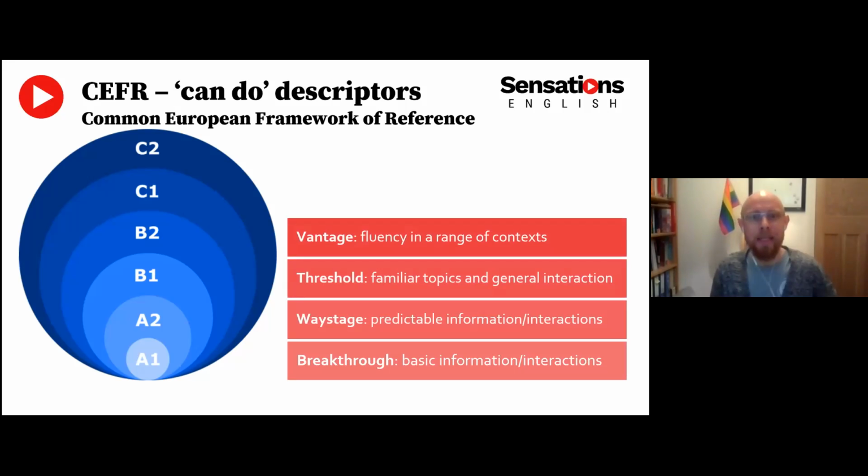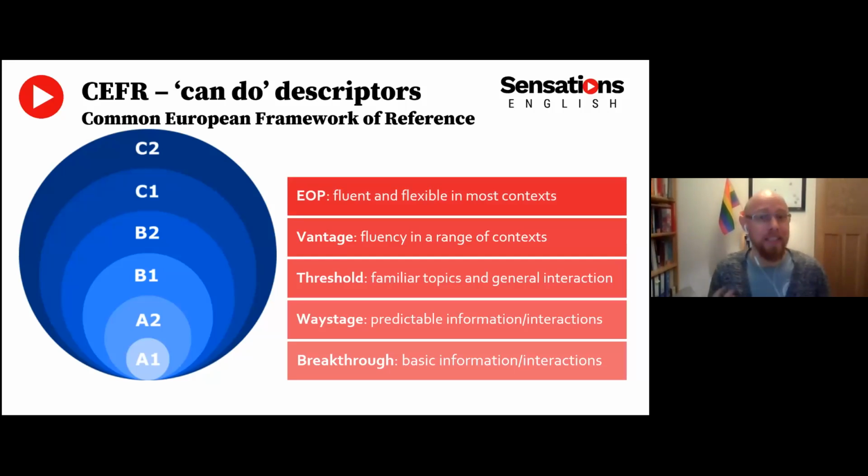And then at B2, you have that advantage over the language, the ideas of the grammar, the vocabulary, the ways to use it. And that comes out in the fluency that learners show in a range of contexts. And that really comes through as we get into more detail, more analytical connections between issues in the text. And then finally, we get to C1 level, the effective operational proficiency, where learners are fluent and flexible in most